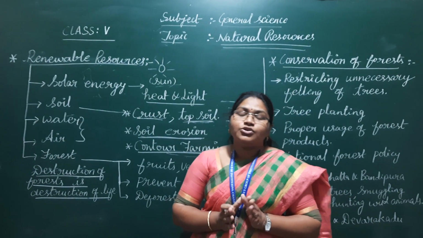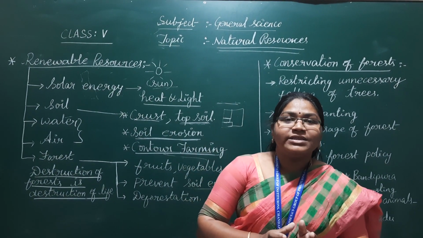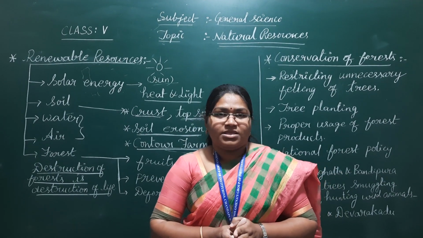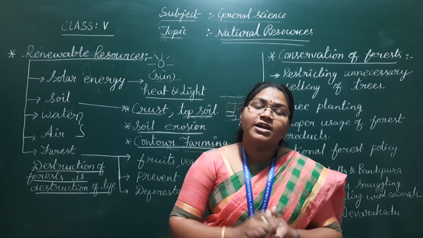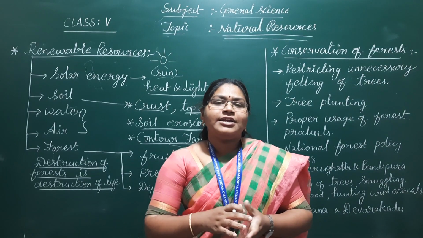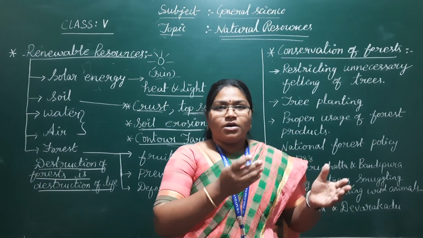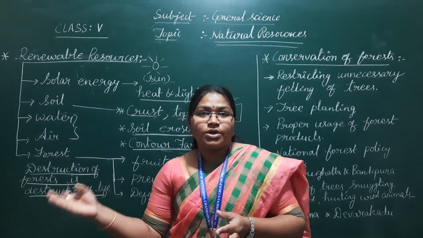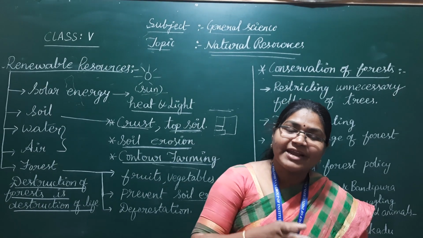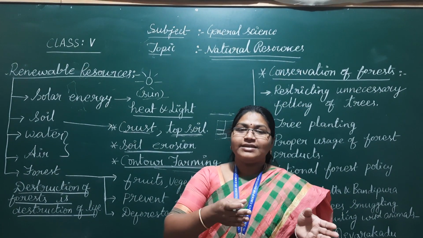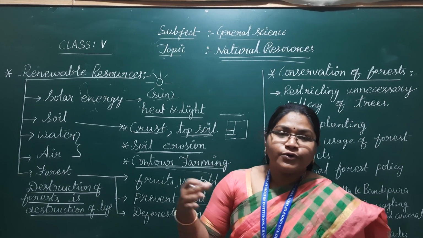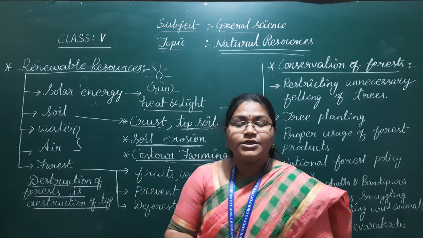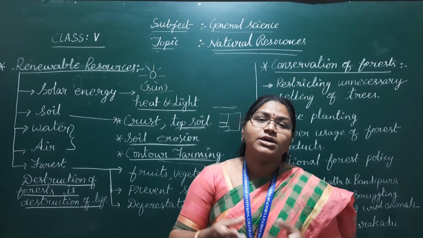One more point I want to say. You already know the name Saalumarada Timmakka, correct? Saalumarada Timmakka is well known as Vriksha Mate, and she is the daughter of Karnataka state. Why? Because she planted so many banyan trees beside the roads from Hulikal to Kudur, with the help of her husband. She considered all these plants her children.